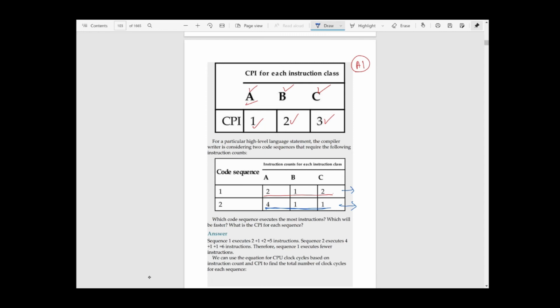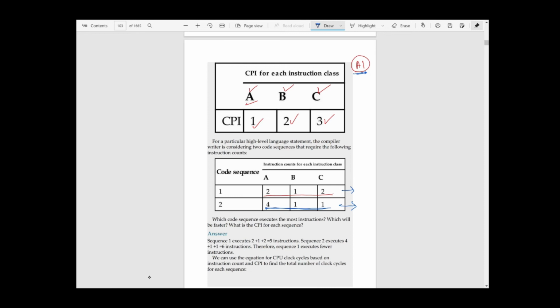This is a question, and I think this is a question of code optimization in the compiler. If you know the concept of compilers, there is a phase called code optimization, right? Or the code generation phase. In either of these phases, this type of decision may come up. Okay, I have two possible sequences. Which code sequence should I take to convert this high level program A1 to assembly language?